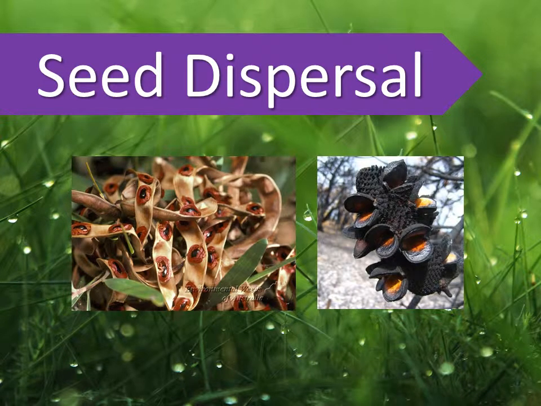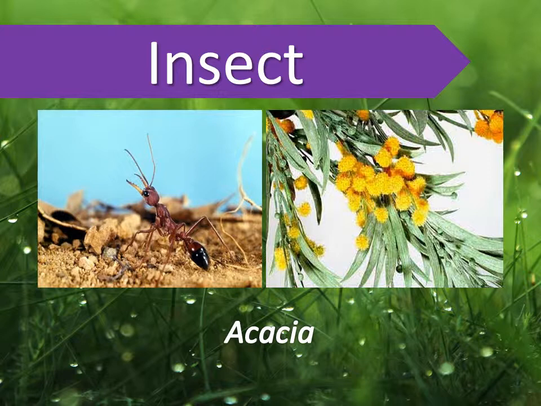Seed dispersal. Seeds need to be distributed over a large area, stopping overcrowding and giving the new plants a better chance. Australian plants have adapted to disperse their seeds using a variety of methods, including insects, gravity, wind, water, and animals. Several acacias use ants to distribute their seeds. These plants have adapted to produce elaiosomes, a mixture of fats and vitamins, around the seeds, which ants take into their nests, eating the elaiosomes and discarding the seeds in a waste heap, a fertile place for new plants